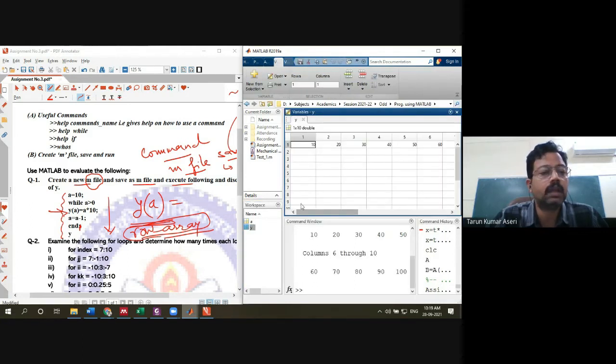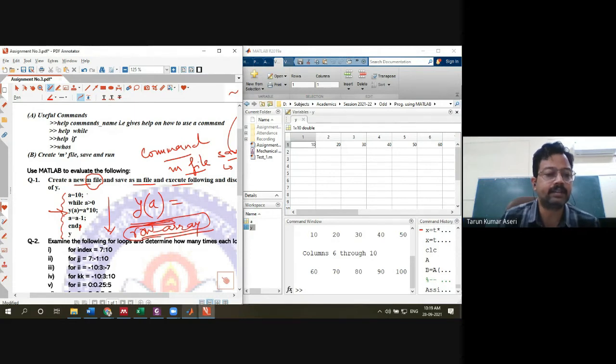So please check it out. If you enter a = 10, then the while condition is true, since a is greater than 0. Then it multiplies a with 10. The first time, when a equals 10, it enters the loop, and 10 is multiplied with 10. The answer is 100, so the first answer is 100.